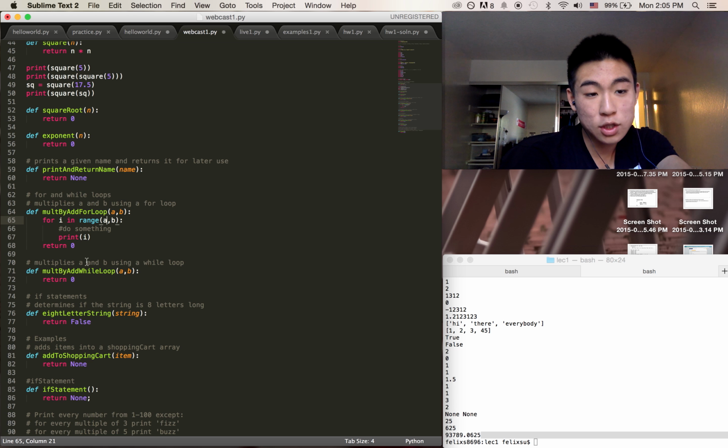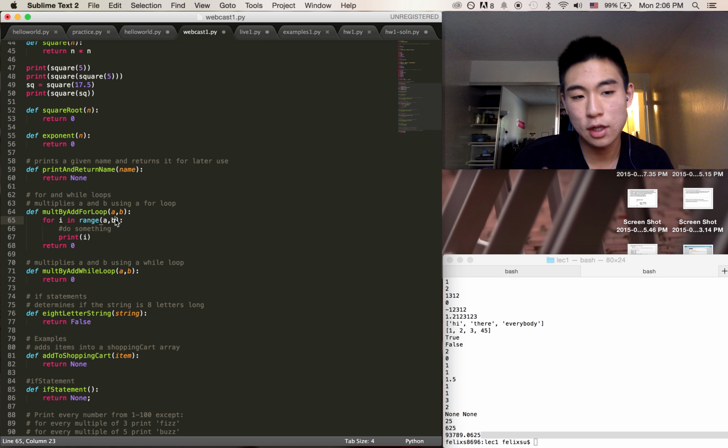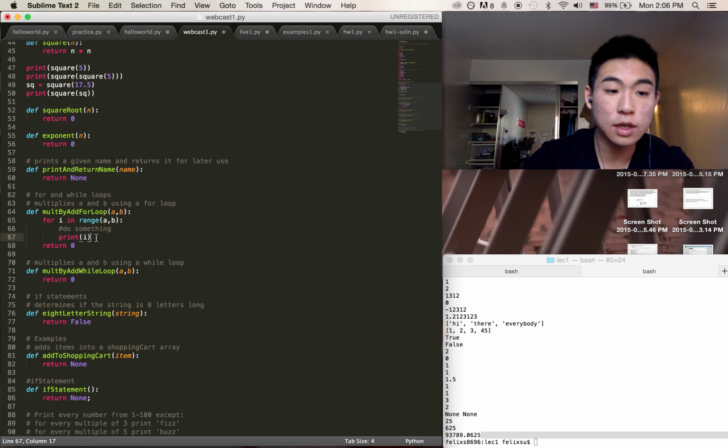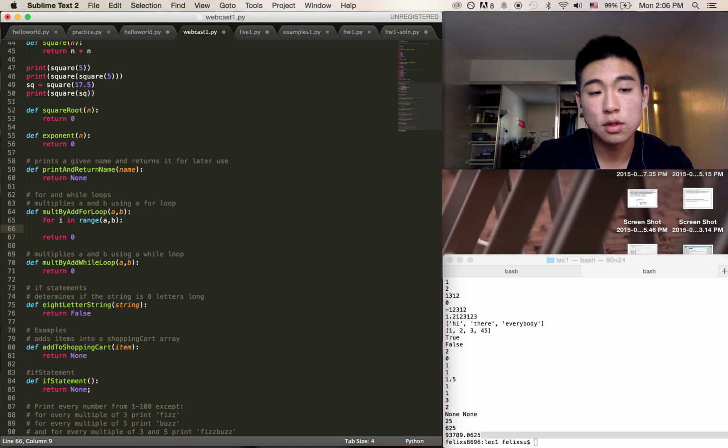If you want 1 to 100, you type 1 to 101. And if you actually need the values to be 1 to 100, if you just need the range, the number of times for the loop to go through to be 100, you can always use 0 to 100. It's a little bit more intuitive that way, and it'll run because 0 to 99, including 0 and 99, is 100 values. So what we want to do is create a multiplication function, and I want to multiply A